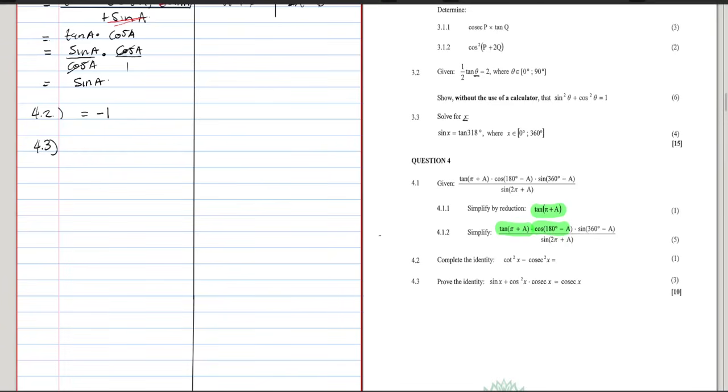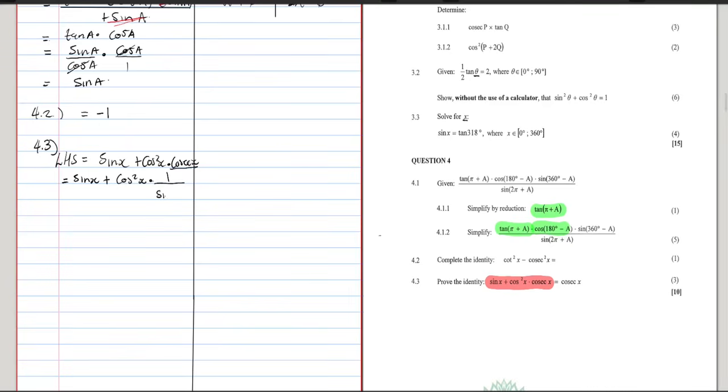Now we are proving an identity. For this case we're going to take the complicated side, which is the left hand side. So we're going to take the LHS, the left hand side, that is sine x plus cos squared x multiplied by cosec x. This is equal to sine x plus cos squared x multiplied by, we change this to its inverse,